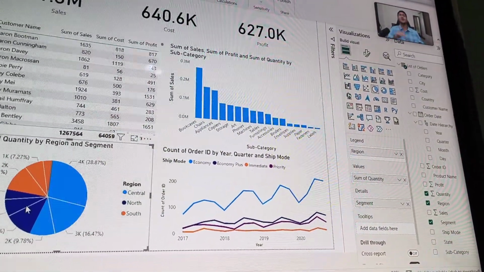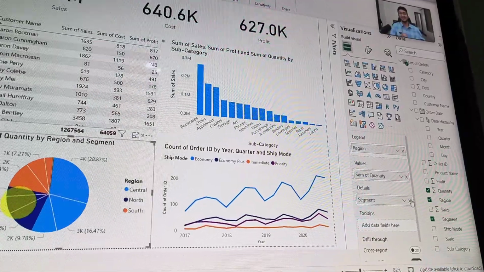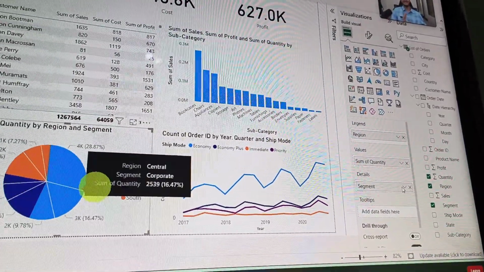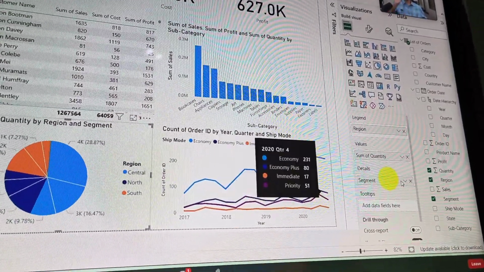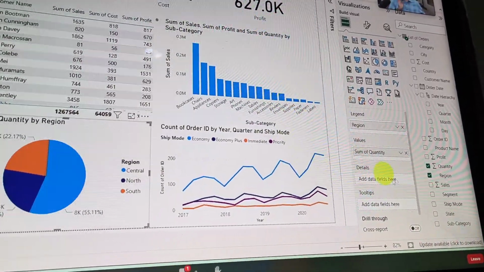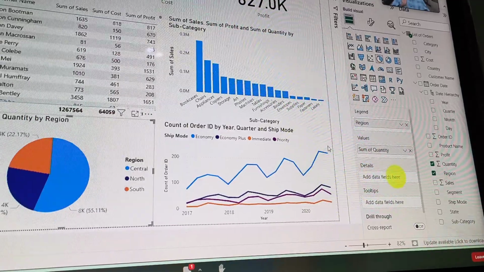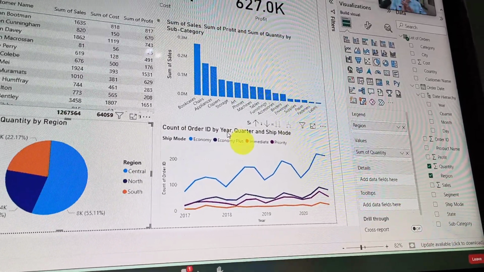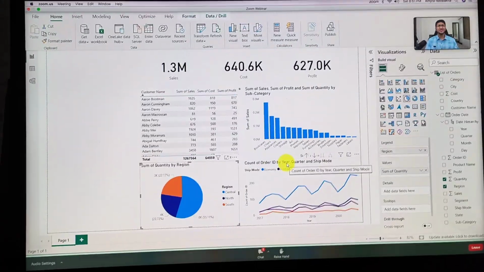However, again, I don't want to do it right now. I will keep things simple. I will remove details. But now you know what it is used for. So first level x-axis, second level legend, third level is going to be details now. And tooltips you already know. So please go ahead, complete this entire pie chart. It's a very simple chart. Do it in